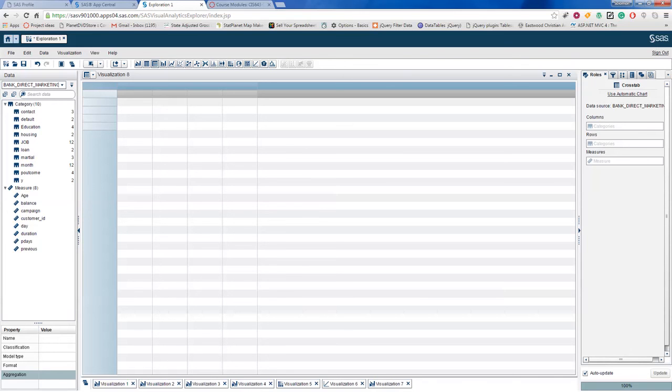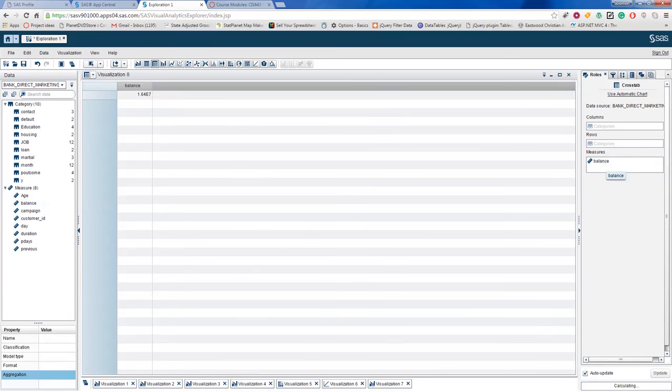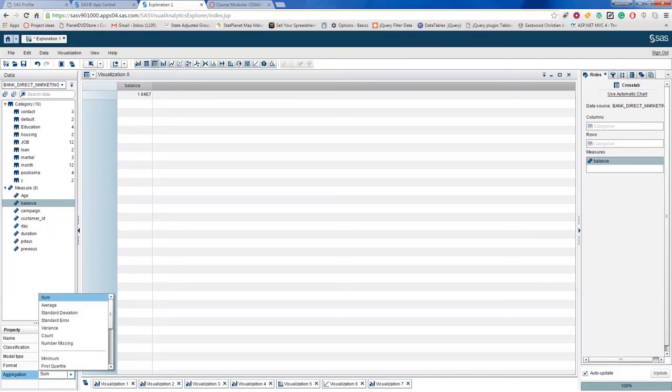Let's say I want to show the average of balances by job and marital status. So how do I do that? I drag balance and drop it onto measures, and I'll change this aggregation to average. I guess I can right click here. Well, I think before I do that, okay, here it is. So before I drop it, I have highlighted balance, then change aggregation to average,